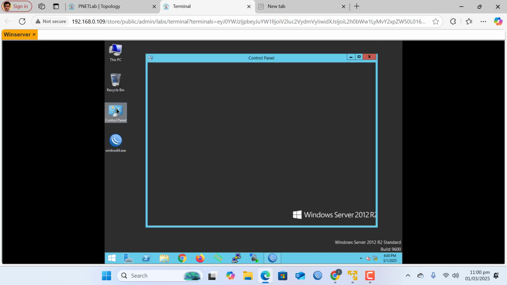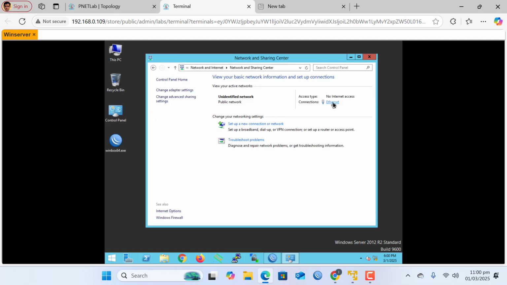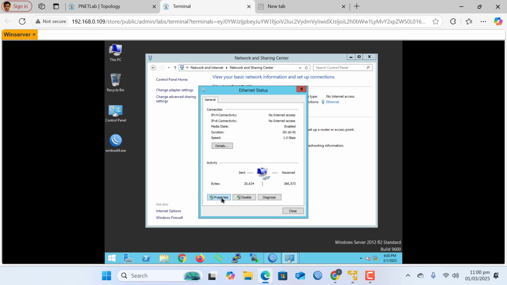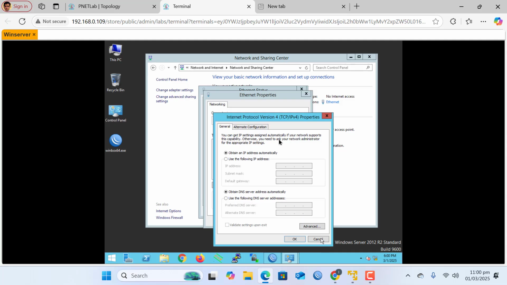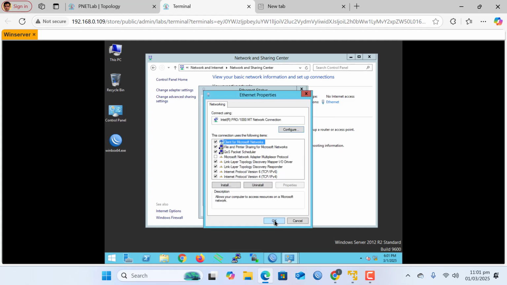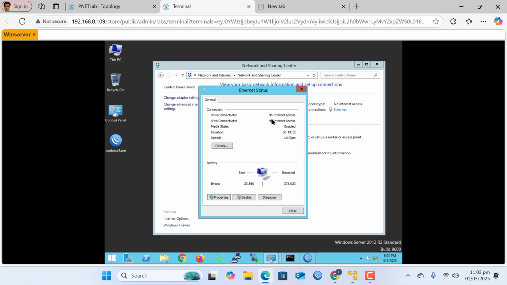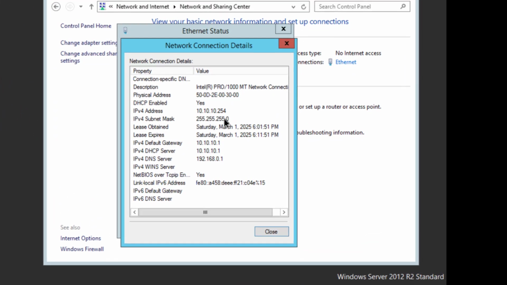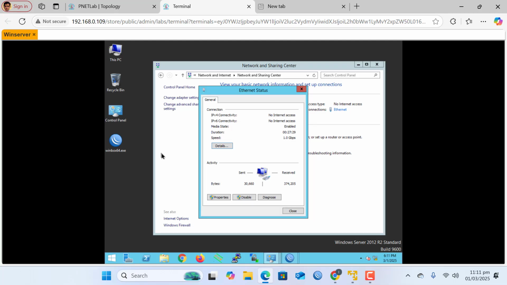again go to control panel and network and internet, network and sharing center, click on Ethernet and click on properties, click on TCP IPv4, and from here obtain an IP address automatically. It is already selected, and click OK. So this PC should receive an IP. Click OK and close. So if I click on details, here you can see this Windows PC has received an IP 10.10.10.254. So if your PC doesn't get any dynamic IP,